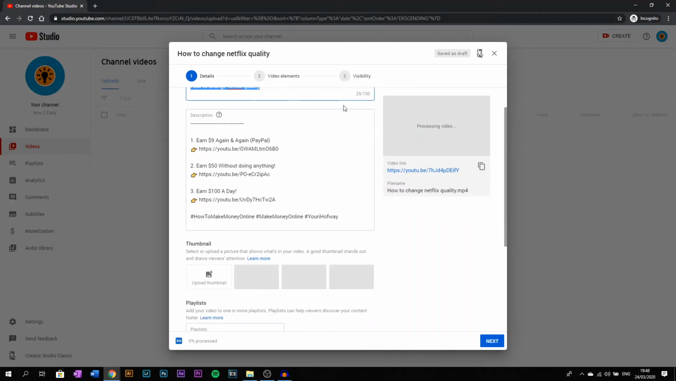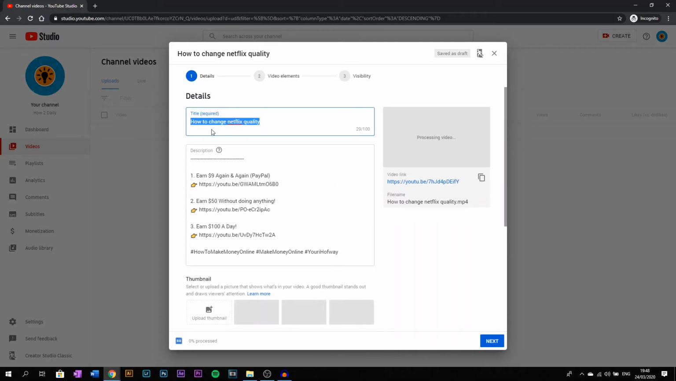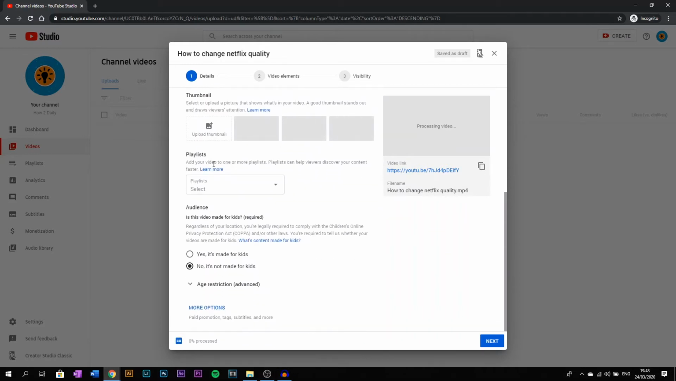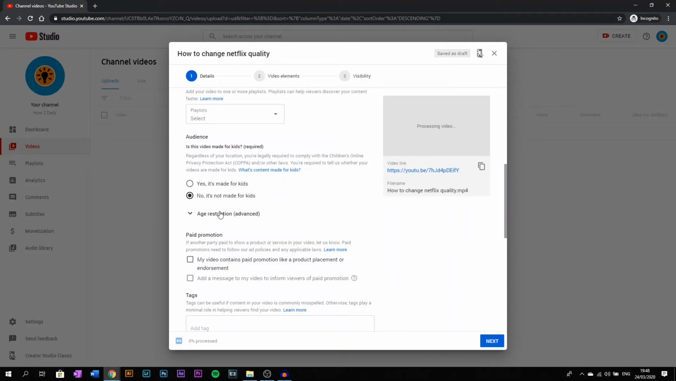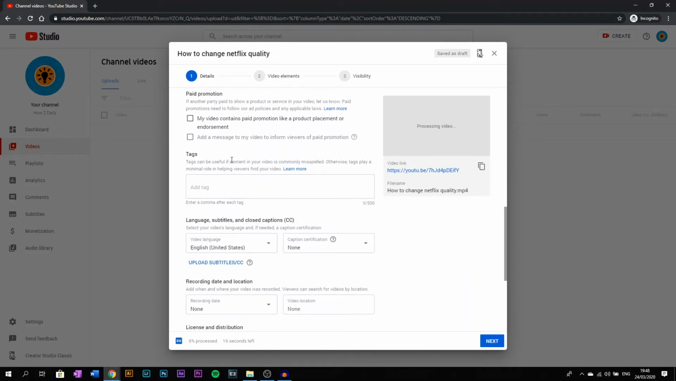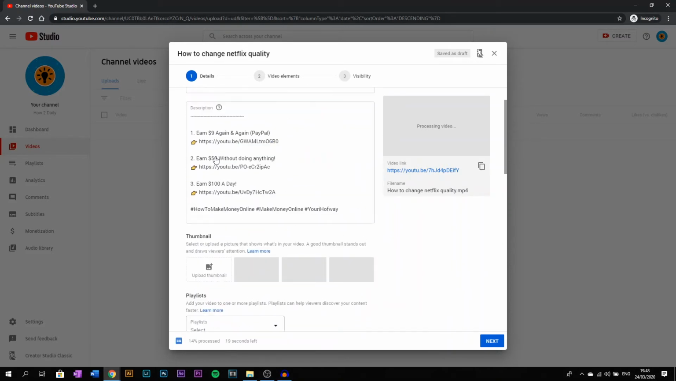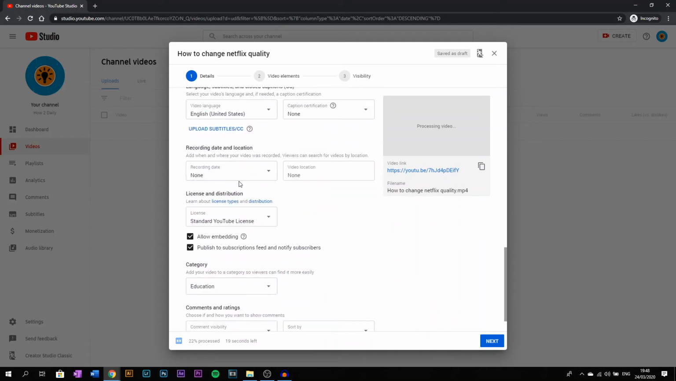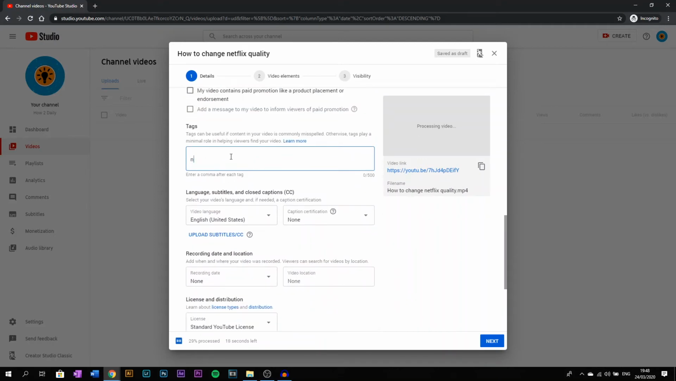And over here you have the description. Then you can do how to change. Then you can make a title, and then you scroll down, you press more options, and at more options you can add tags. So the title of this video is how to change Netflix quality. So for example, I can add